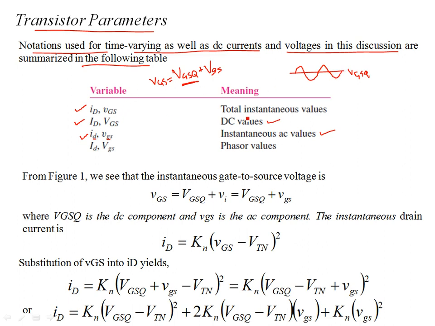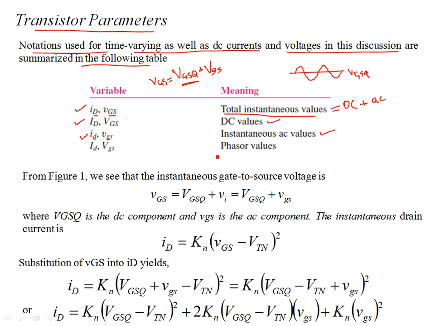So this is the total instantaneous value, consisting of both the DC and AC quantities. The difference between the DC and AC components is in the notation. I'm writing the AC quantity with a lowercase subscript, and the letters i and v are also lowercase. But for total instantaneous values, the subscripts are uppercase. So if the subscripts are uppercase, you must remember that this is an instantaneous value consisting of both the DC and